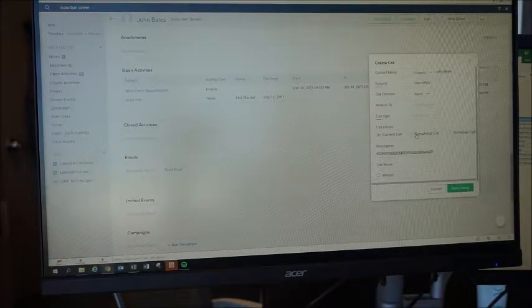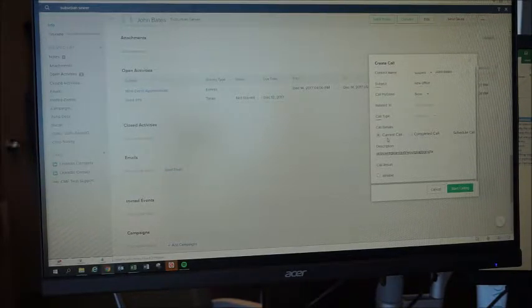I think we would only use completed call or scheduled call, because current call would be as if you had the phone. You could set up your phone actually attached to Zoho. Okay. So it would be like actually recording the time that you were on the phone call with the person. Oh, wow. So we don't have that set up right now. So we would just do it as a completed call